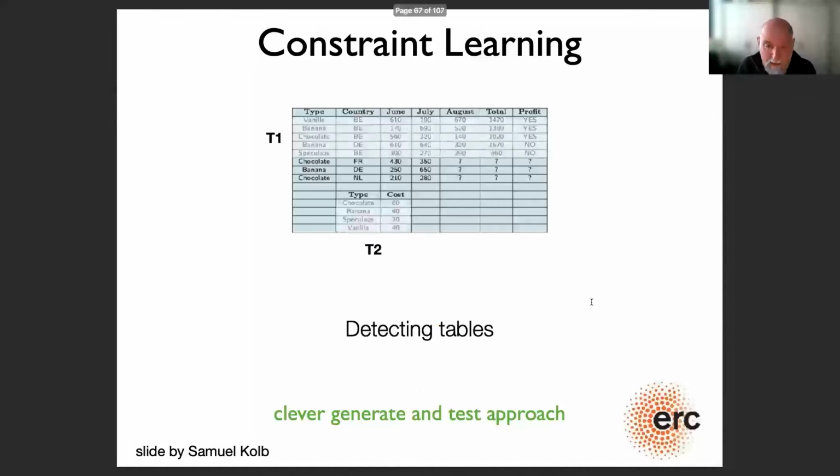And so what we did there is really take a clever generate and test, the kind of enumerative approach, to find these formulas. And that's very much in the spirit of this programming by example, this kind of style of reasoning. In the first step, Tackle would actually detect the tables.